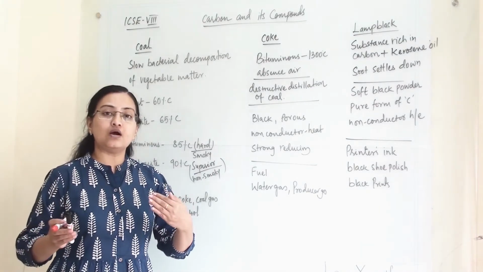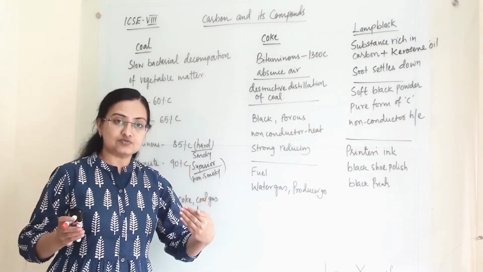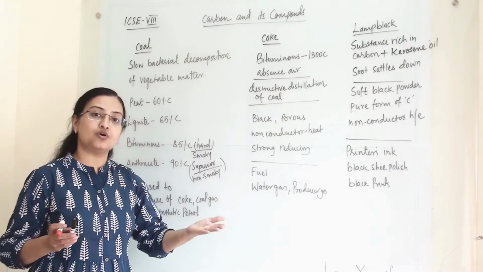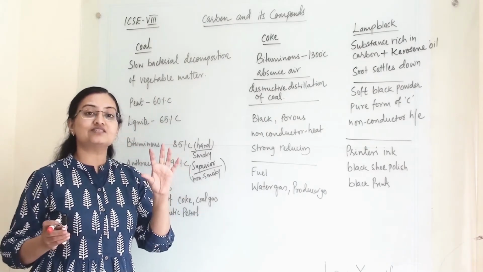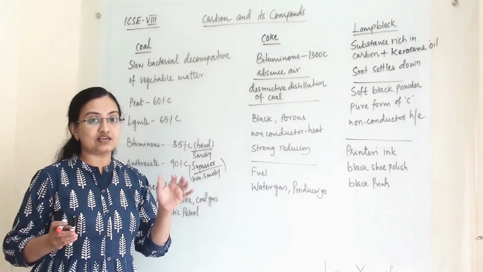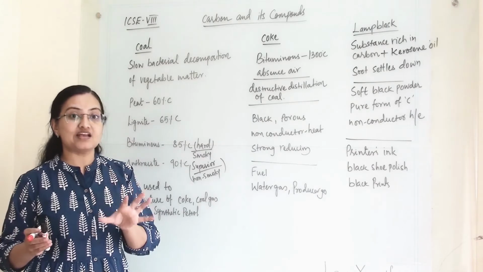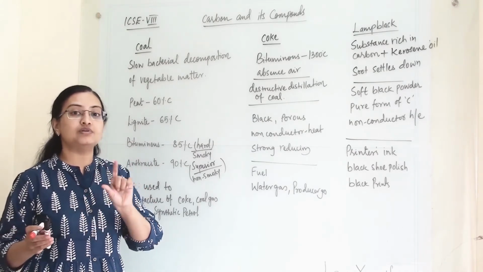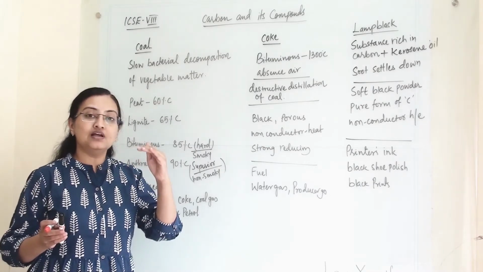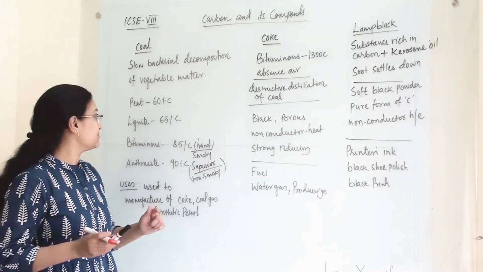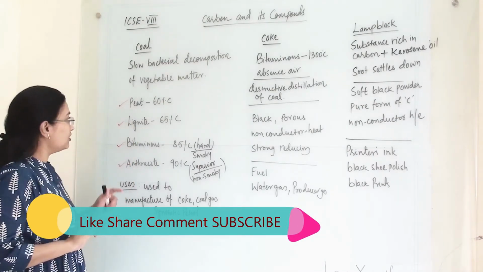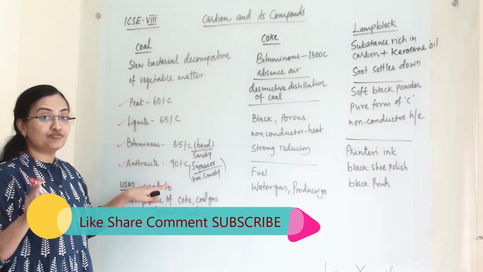If you take it out within a small period of time, then the complete vegetable matter has not been transformed into carbon. So there are some impurities remaining in it. So the carbon percentage will be less and impurities will be there. As the impurities are more and the carbon percentage is less, the quality of coal will be inferior in that case.